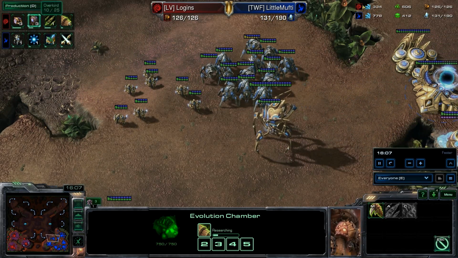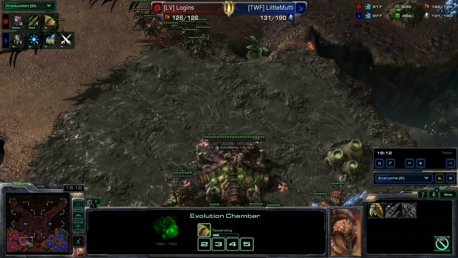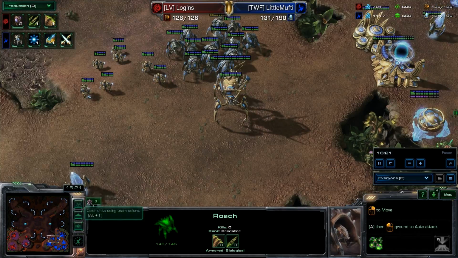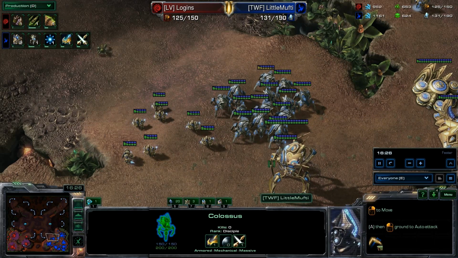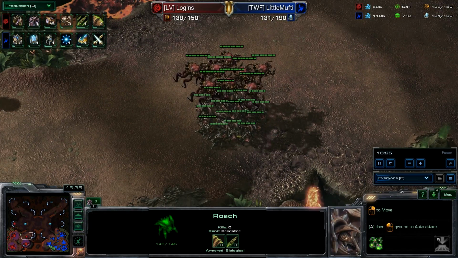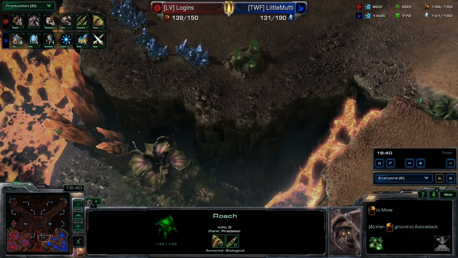Oh, the blink research for the stalkers is a very useful upgrade here, and when he's countering those roaches, he also needs to use the mothership core very efficiently if he's going to use the slow on roaches and the colossi. The blinks are going to take care of the corruptors or roaches, depending on the situation. Quite a nice read here by LittleMufti, I believe, and